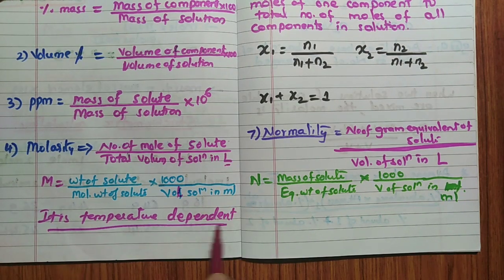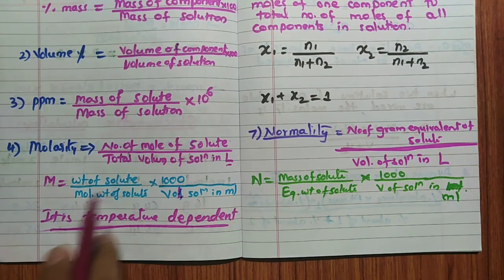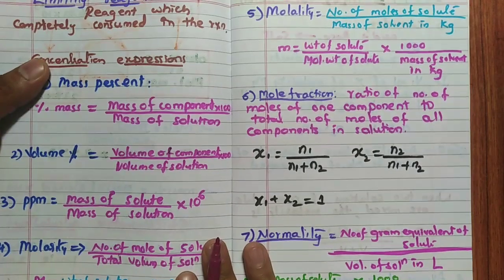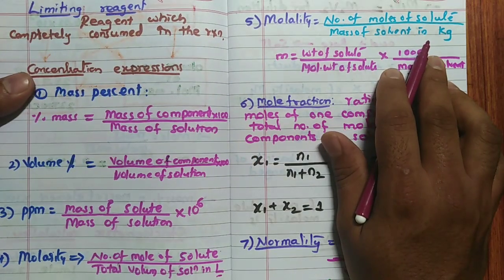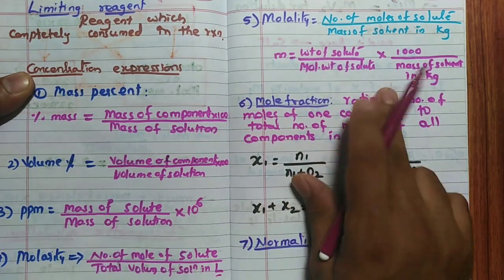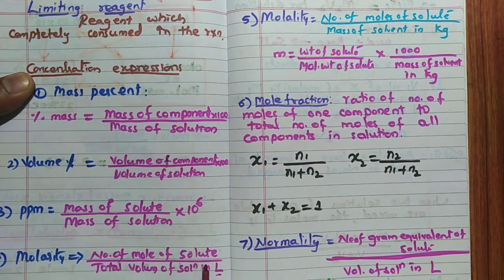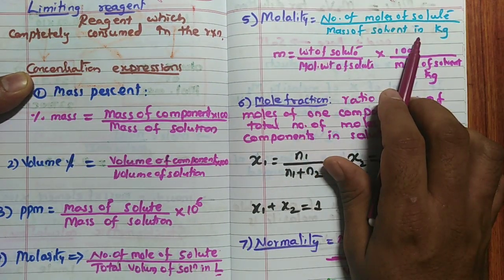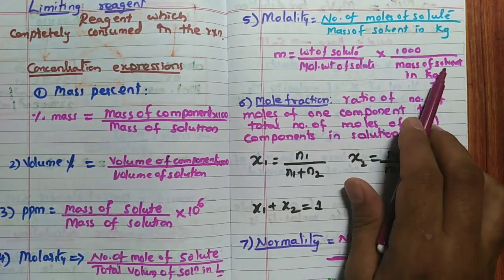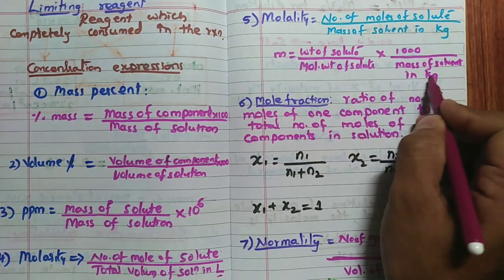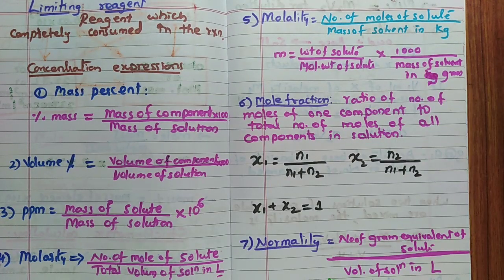Always very important, molarity is dependent on the temperature. Remember, it is dependent, molality is independent of temperature. Then molality. Molality is nothing but number of moles of the solute by mass of solvent in kg. The only difference between molarity and molality is here, solution in liter, correct? But here, mass of solvent in kg. Then weight of solute by molecular weight gives moles, into 1000 divided by mass of solvent in grams, remember. It is grams because you have written 1000 above, hence it is in grams.